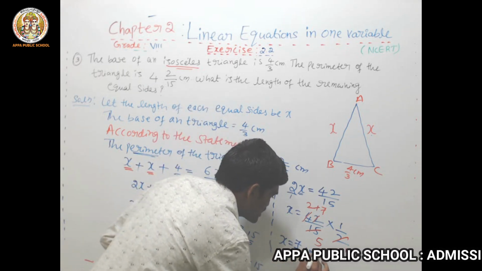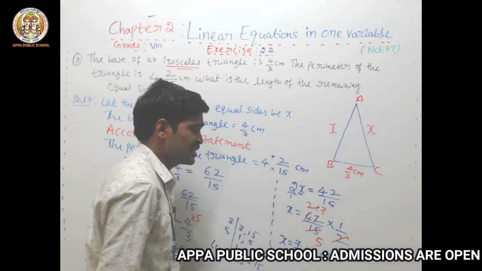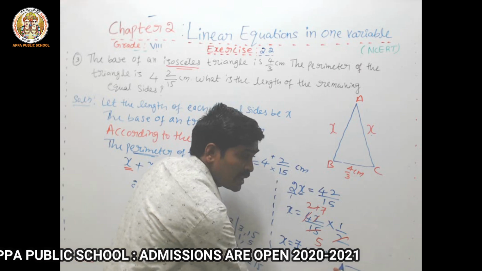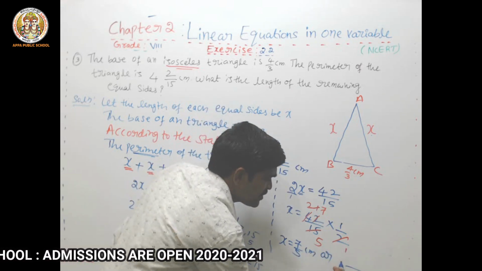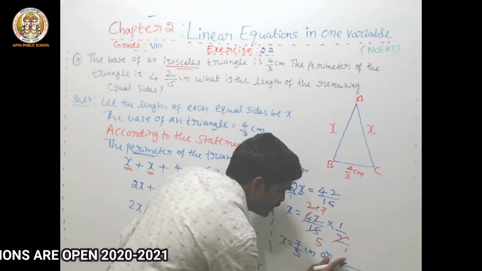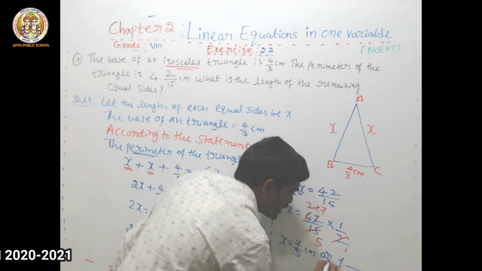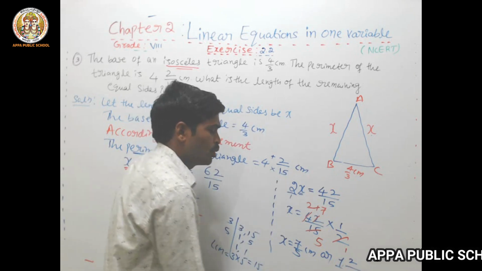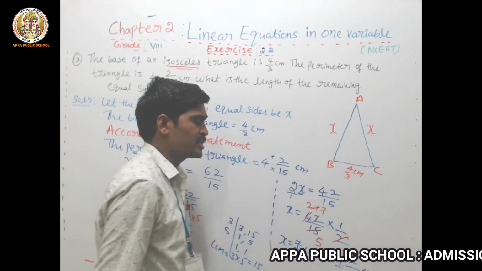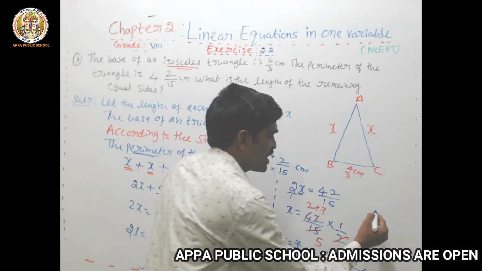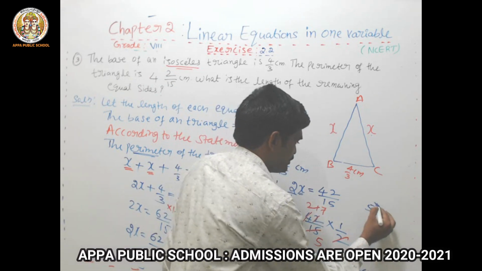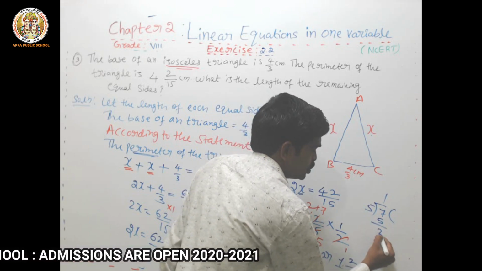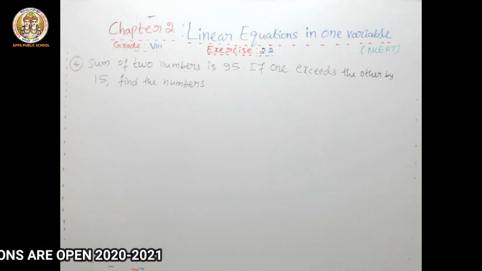7 by 5 centimeter, or you can convert it to a mixed fraction. 5 ones are 5, denominator keep as it is. 5 ones are 5, suppose you take 5 twos, that is more than 7, so that will not apply. That's why instead of 2, you take 5 ones are 5. To become 7, how much is required? 2. That's one integer, 2 by 5 centimeter. Understood? Those who have not understood, you can write like this: 5 into 1 is 5, remaining 2. Then this denominator 5 keep.